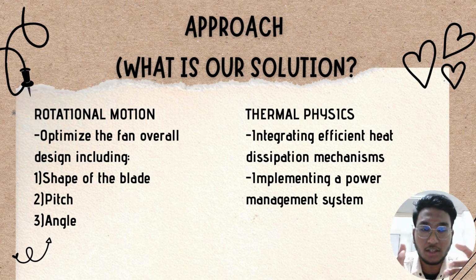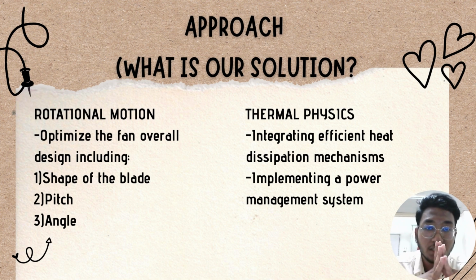For the thermal physics factor, we are integrating an efficient heat dissipation mechanism and also implementing a power management system. Right. By making the heat dissipation mechanisms more efficient, like I said from the last slide, it will make the motor cooler and never reach the state of overheating, making it safer. And also by implementing a power management system, the power consumed by the fans will become less. We could even say it saves more energy and is more energy efficient than the rest of the current products